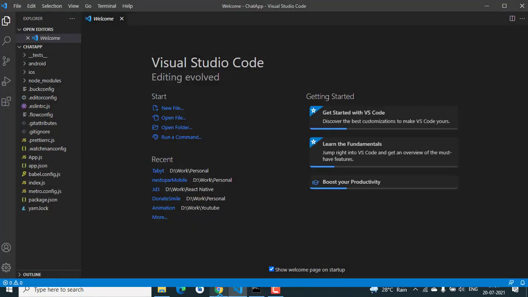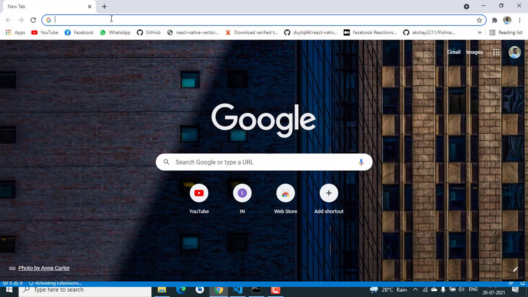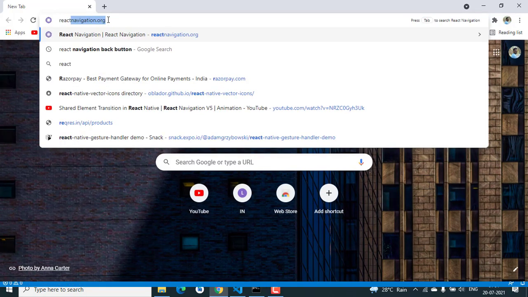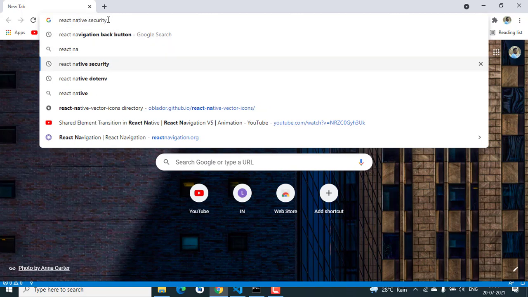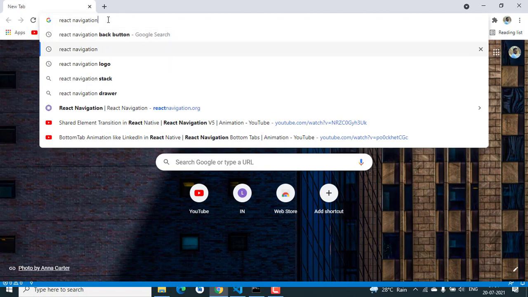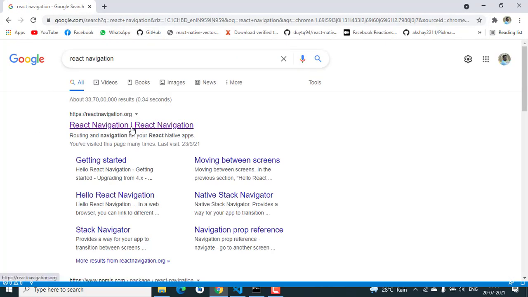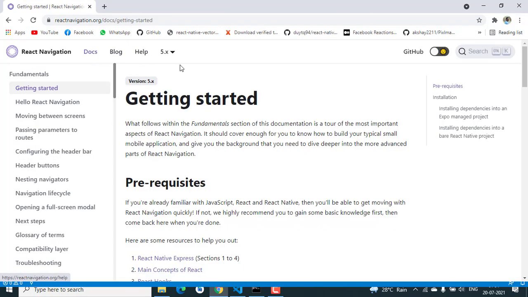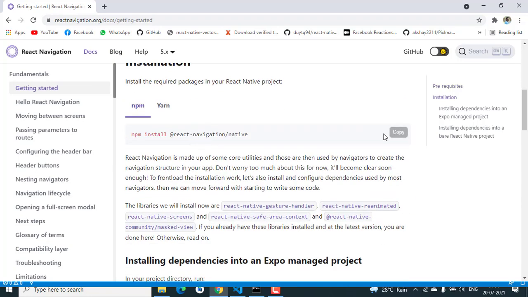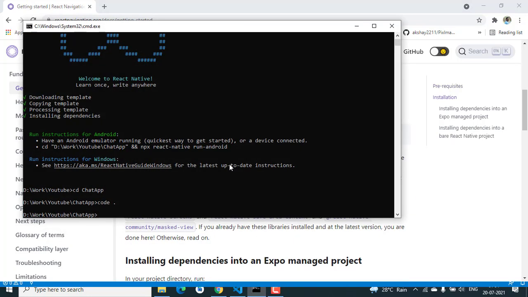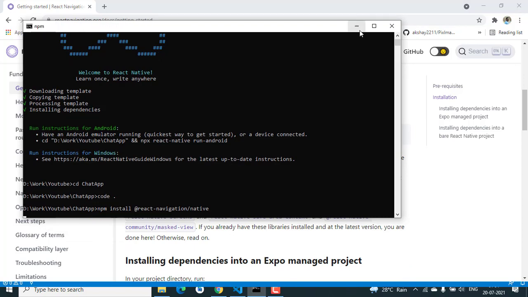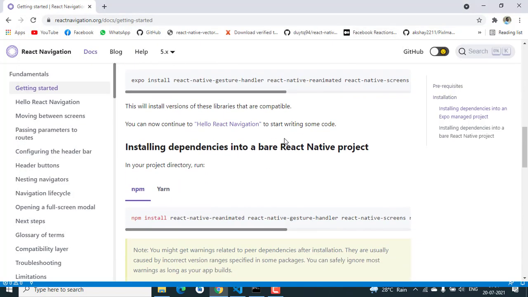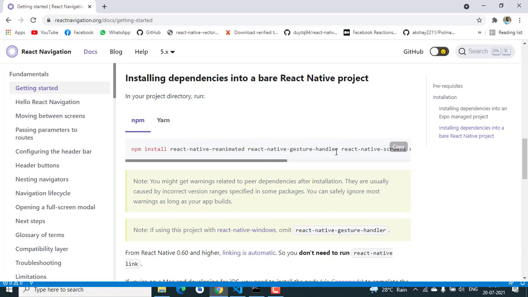So we're gonna start with React Navigation. First we're gonna search for React Navigation. This is the website for React Navigation. We're going to look for the docs, and we're gonna use React Navigation 5. So first we have to install this one, and then we need to install these packages,